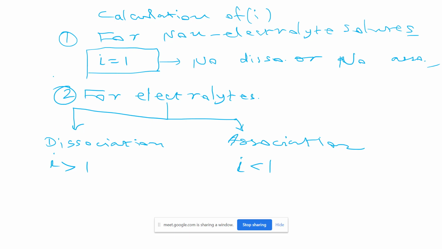Okay, now we have some more things here. In case of dissociation, we may have an electrolyte that may be strong or weak. In case of a strong electrolyte, the dissociation is 100% or full. In case of a weak electrolyte, the degree of dissociation is less than 100%, and we are getting an i that will be different from strong. So how can we calculate that? We are taking this. So now we are calculating i for strong electrolytes.